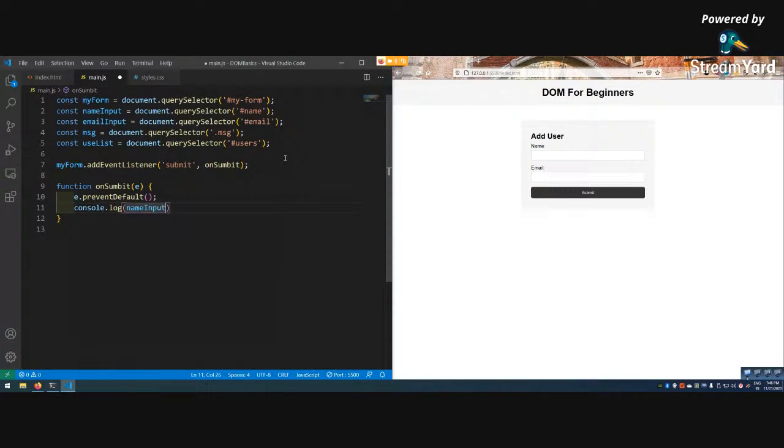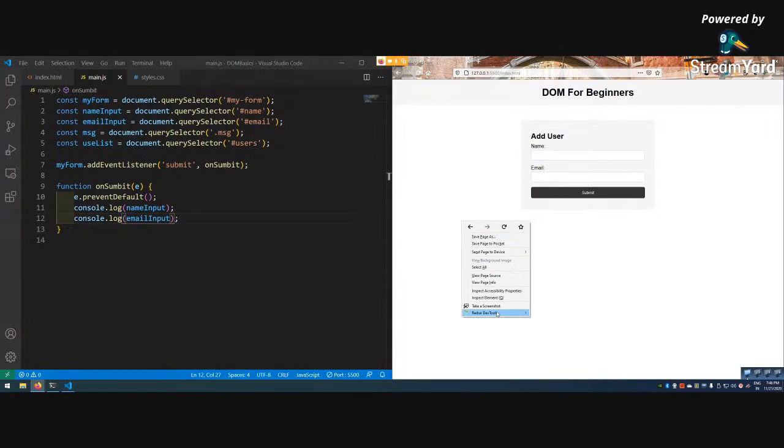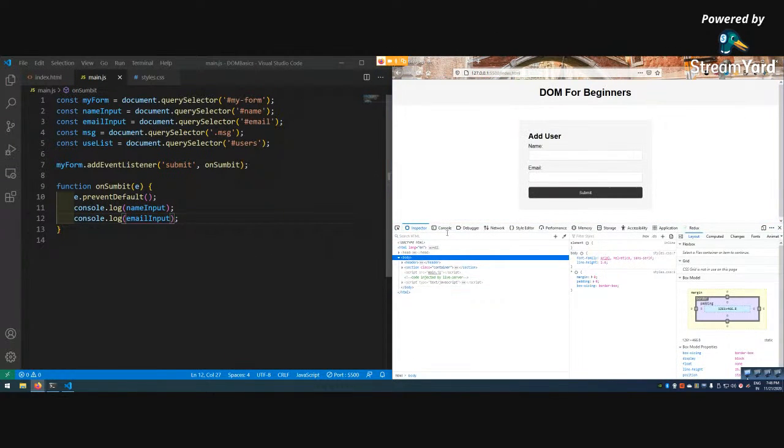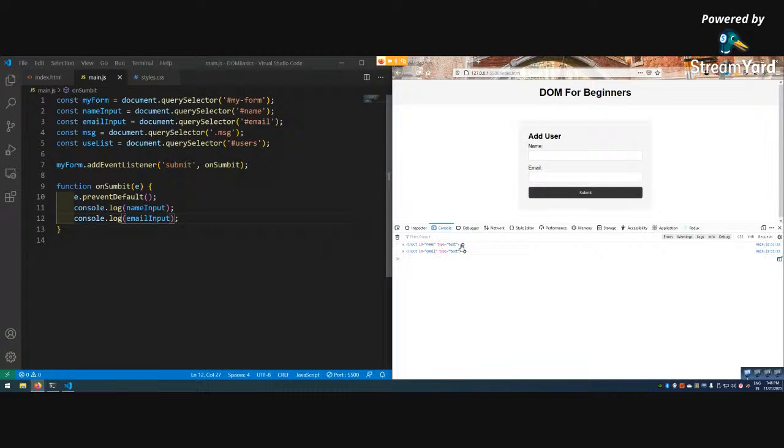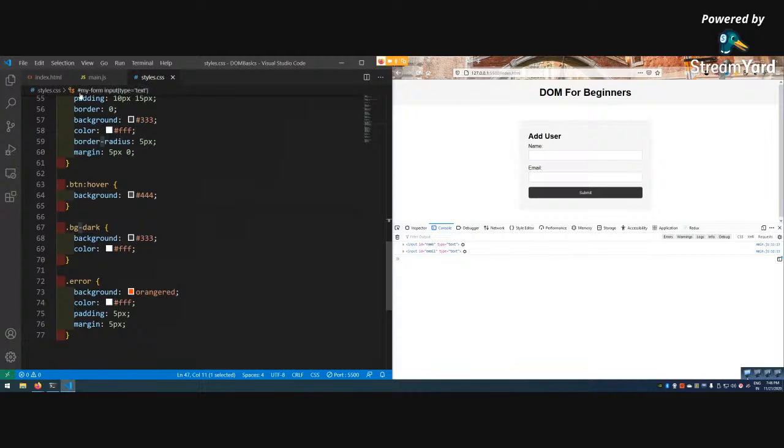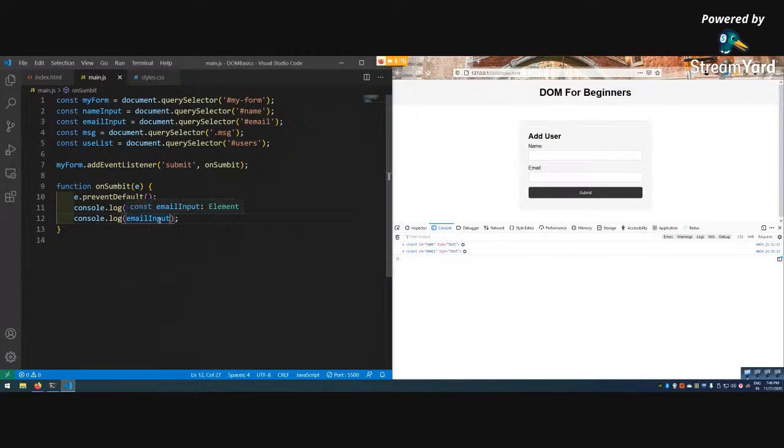name input, email input. So let's see if it is working. Yeah, it is working. It is working fine. So now